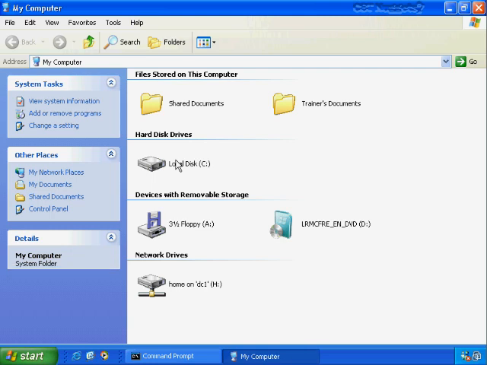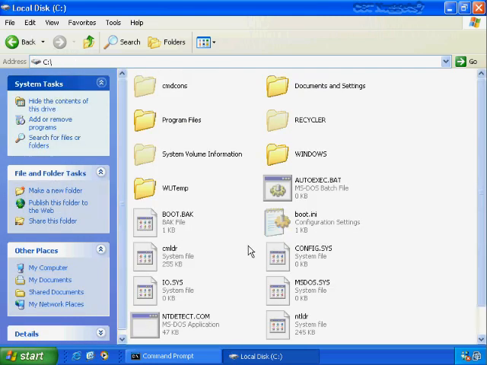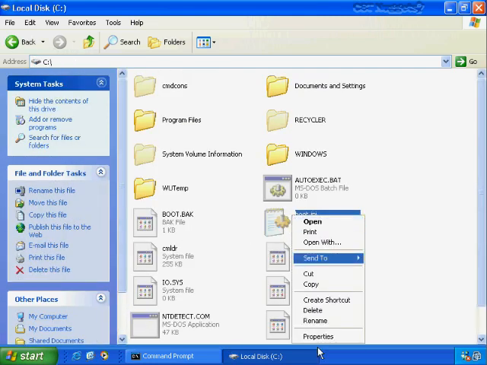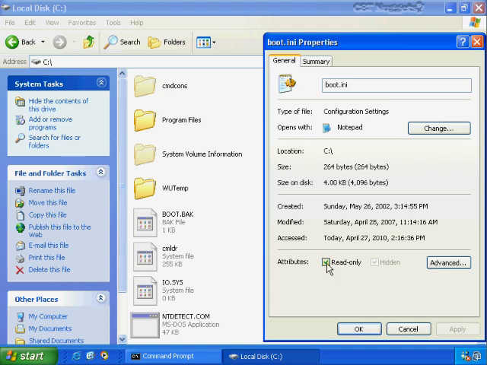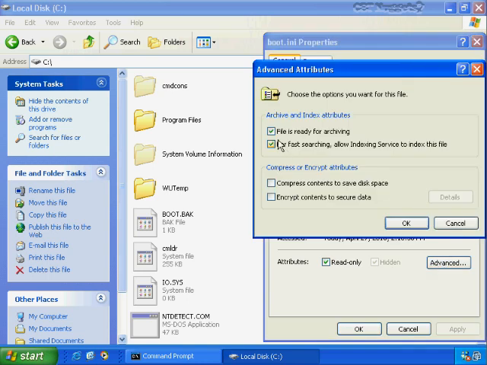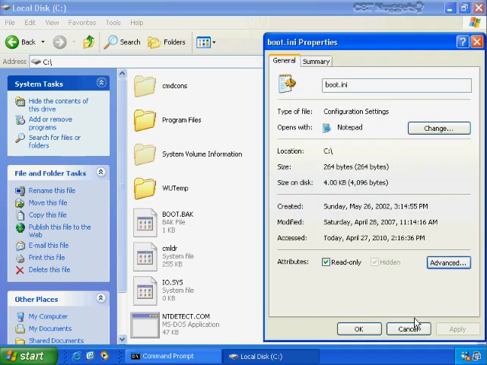If you don't want to use the attrib and you still like the UI, then you can go into the same file, go to its properties. Notice there's read-only there, there's hidden there. So for this particular case, I would have to go to the command prompt. And then here's this where it says file is ready for archiving. That's just kind of a longer way of saying that it has the A bit set, or the archive bit set.